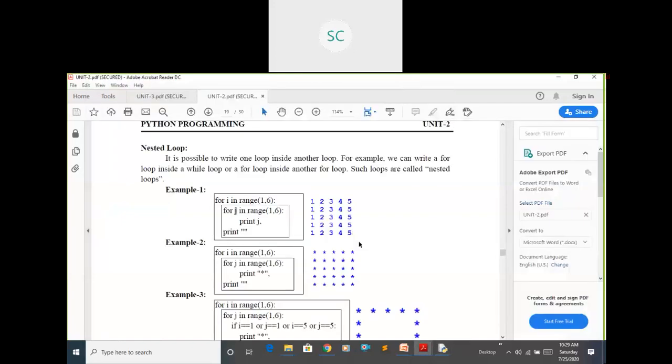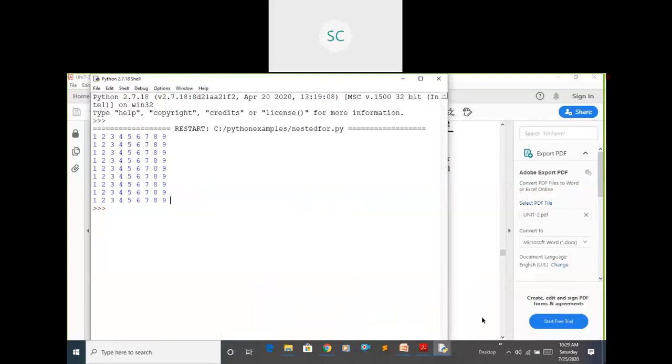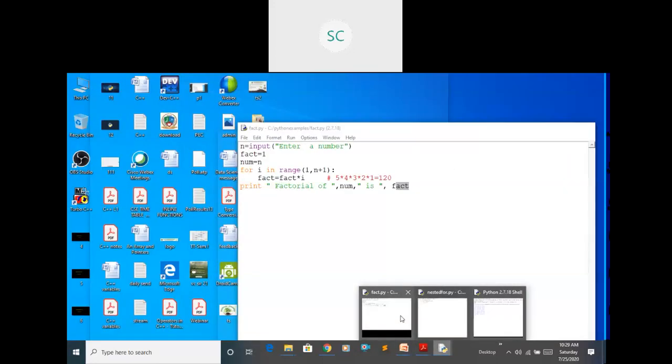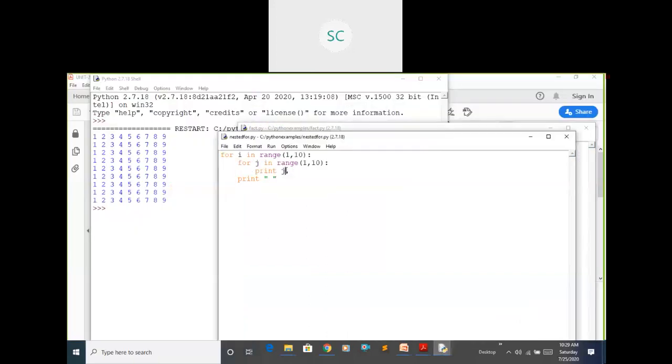Instead of printing j here, if you print a star, it will print all the stars. The same program, just changing: instead of printing j, just print a star. Any sequence you can print.